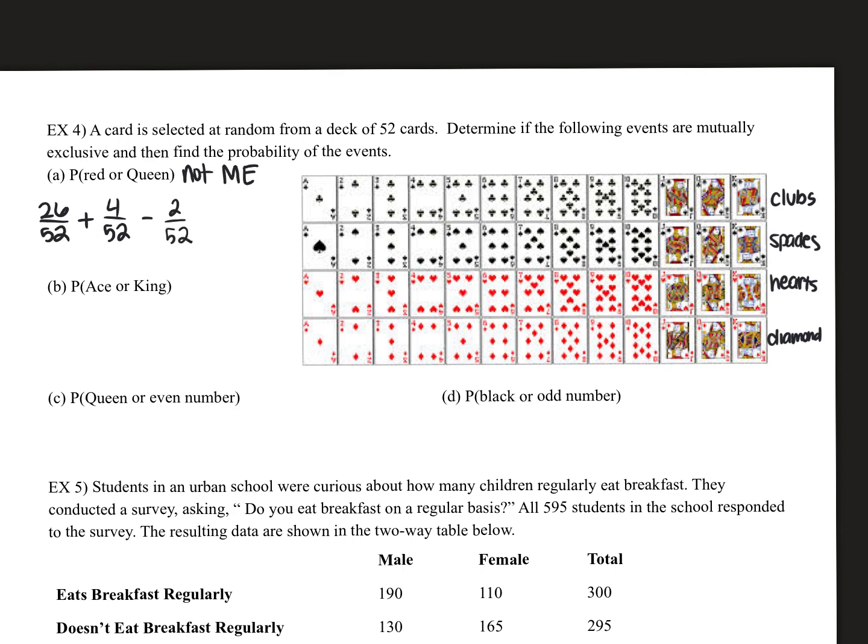So notice here that even though I know half of them are red, I didn't write it as 1/2 because it's easier for me to add and subtract fractions that have the same denominator. So we're going to do 26 plus 4, which is 30, minus 2 is 28 out of 52,